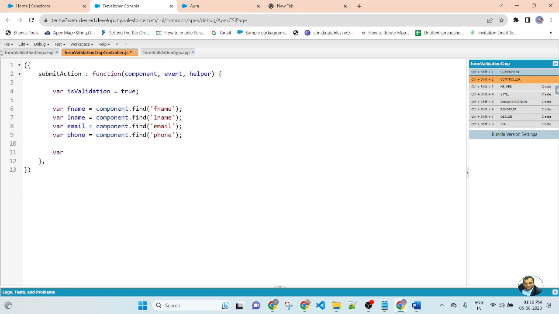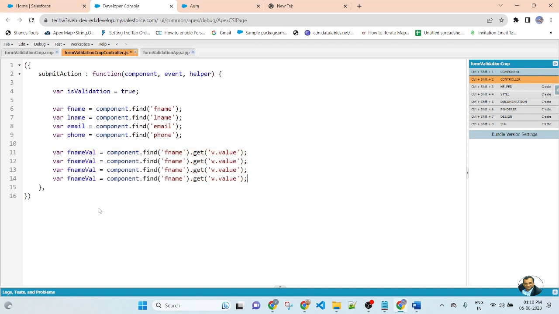So create another variable, fname value, equal to component dot find this one, dot get value without the value. Copy the line, paste three times.